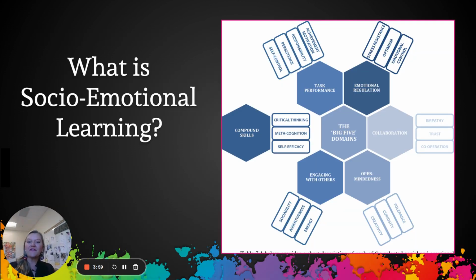Before we get into more specifics on the projects, I just want to connect this to our socio-emotional learning. So what is socio-emotional learning, or SEL? There's a lot of different ways to categorize it, but here's one that I really liked. It's 5 major components: task performance, so self-control, persistence, taking responsibility for your action items; emotional regulation, so identifying your emotions, knowing how to process them in a healthy and productive manner; collaboration, having empathy, trust, cooperation